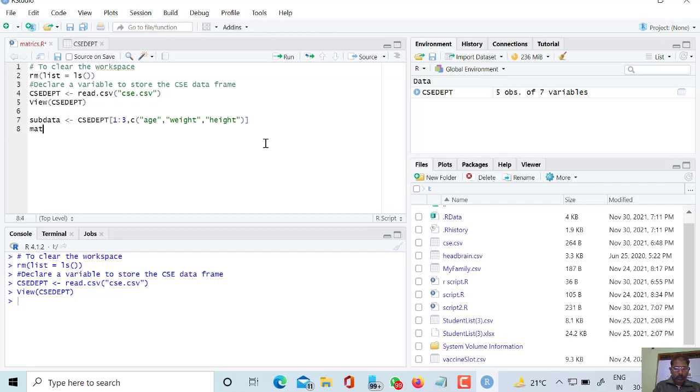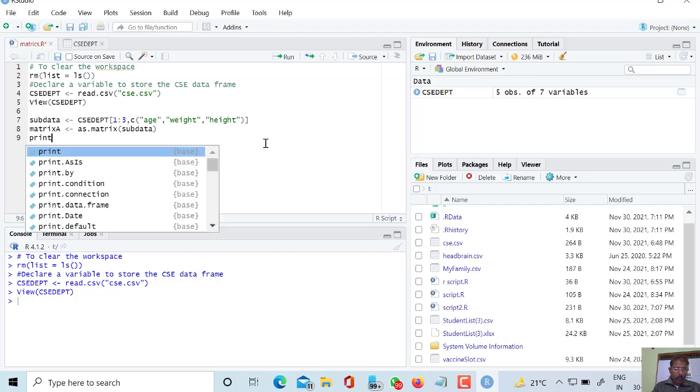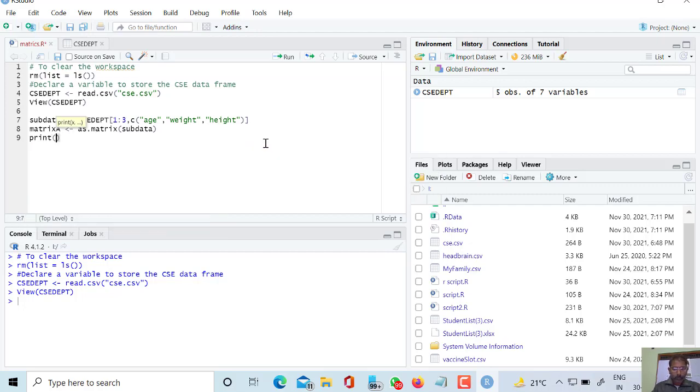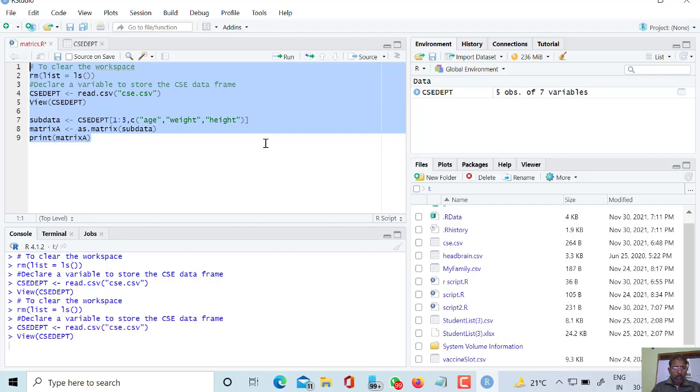So matrix A, I'm naming it matrix A, and it is a matrix from subdata, and I want to print the matrix A. So let us execute it with Ctrl plus Enter.